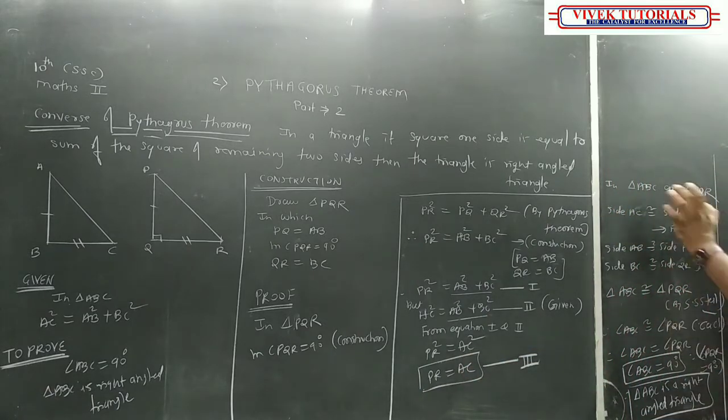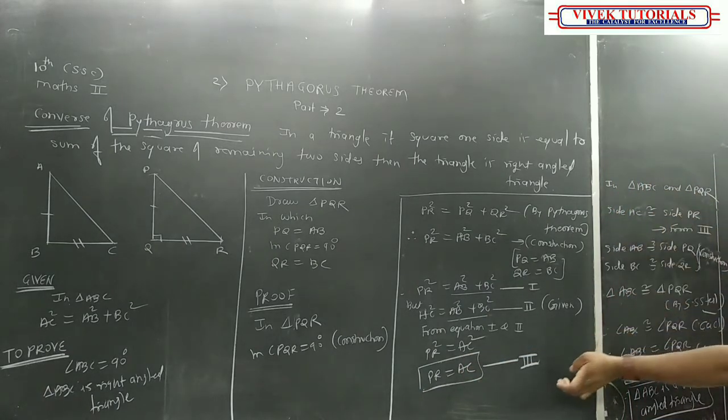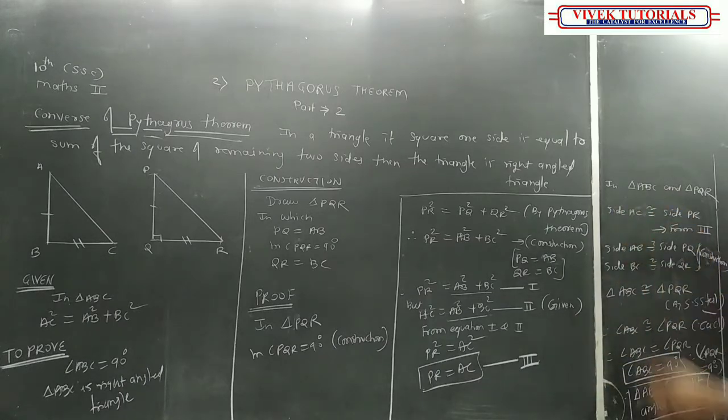Now in triangle ABC and PQR, AC is equal to PR from 3, AB is equal to PQ. That is already given. We did a construction like that only. BC is equal to QR. That is also construction. These two triangles are congruent by SSS test. Correct? SSS test. So, triangle ABC is congruent to triangle PQR, angle ABC is congruent to angle PQR. तो angle ABC equal to PQR. PQR कितना है 90 डिग्री ना. Therefore, अगर वो 90 डिग्री तो ABC 90 हो गया, ABC 90 हो गया मतलब it is a right